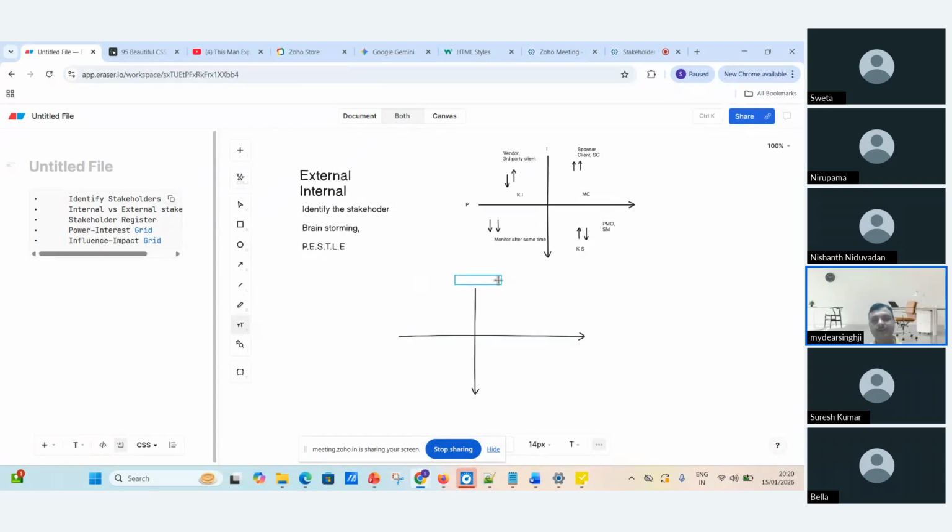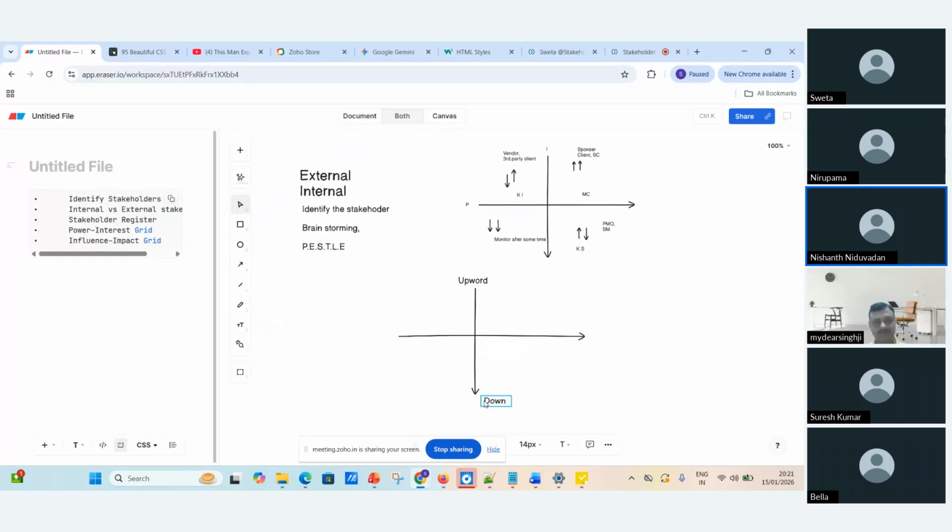So in the upward stakeholders, if you are a project manager, who will be the upward stakeholder for you? Clients and program managers. Good, client and program manager.